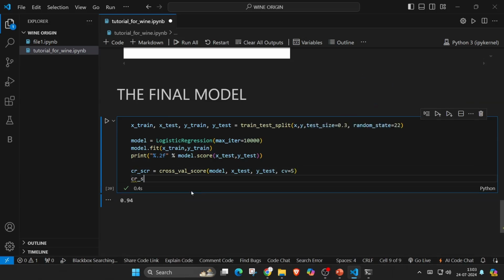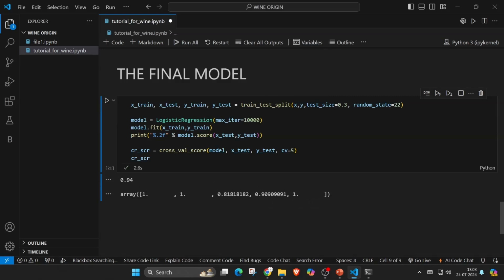Now let's just print the CRSCR first. Let's print this. It will return an array with multiple cross val scores. See over here, you can see each and every time it will show the same output because we have defined the random state. Let's remove this random state. See over here, the accuracy score has changed as well as the CR score. This thing is usually used for k nearest neighbors, but we can use it anywhere else. So each and every time this gives a new value. So I'm keeping this random state over here.